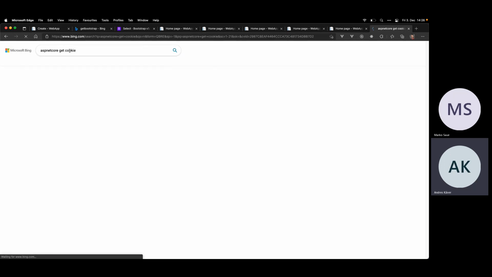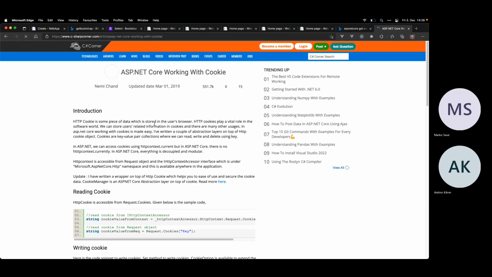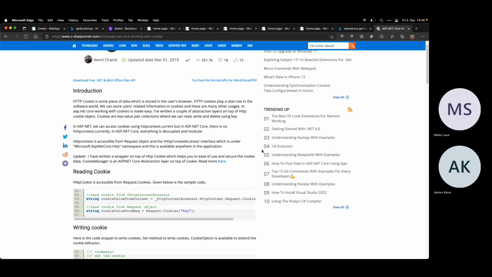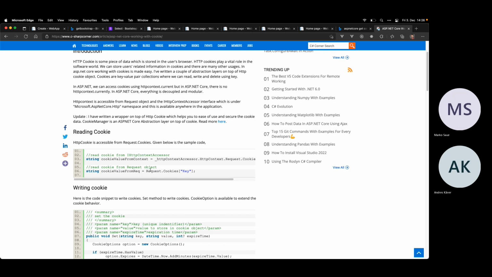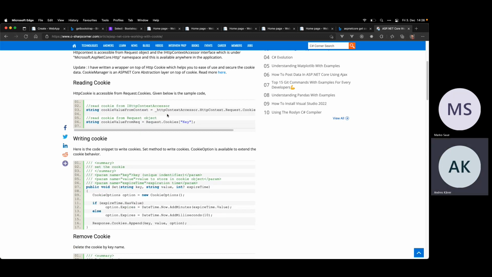Get cookie. Request cookies, or it's all request cookies.